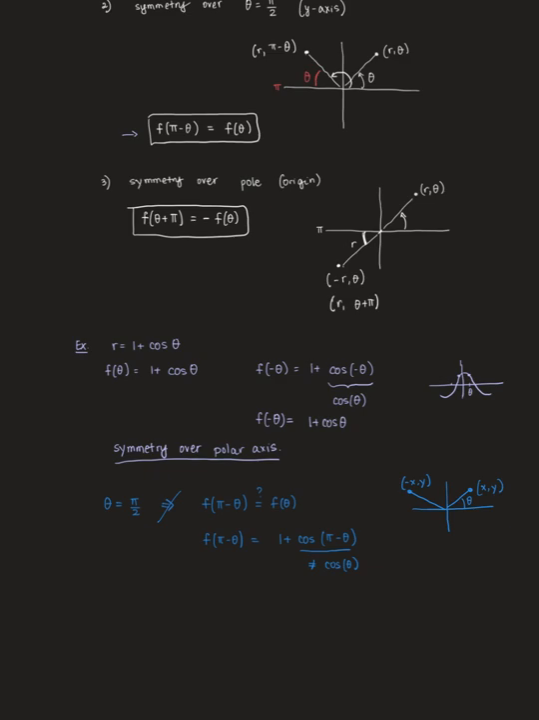Now, I don't need to test the origin because for something to be symmetric over the origin, that means it's symmetric over both the pi over 2 axis and the polar axis, both over x and y. But since I'm failing the y, this is just going to be symmetric over